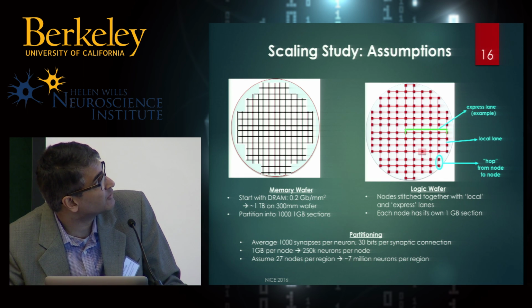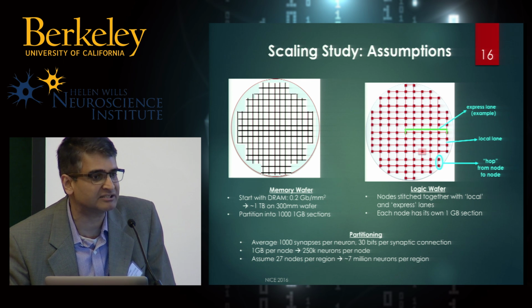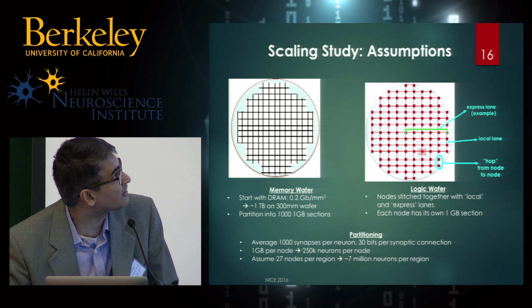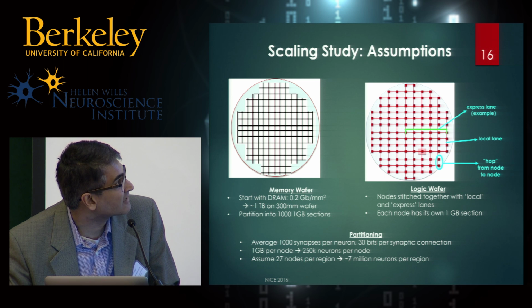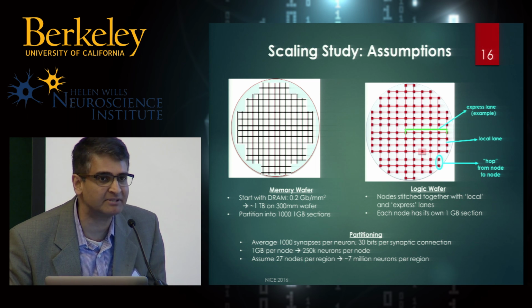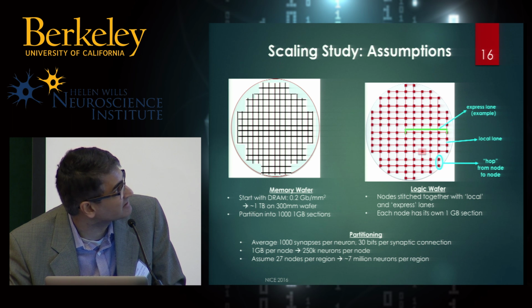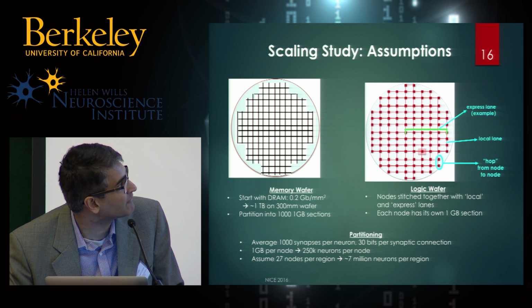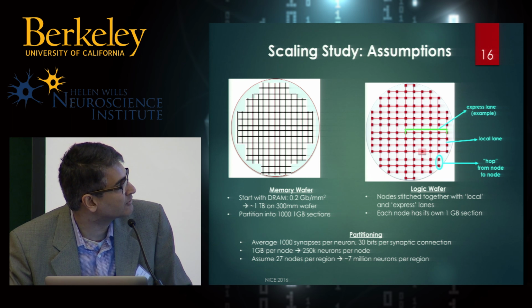So, some of the assumptions we used in the scaling study. For the memory wafer, I started with DRAM because it's a mature technology. This means that on a 300 millimeter wafer at current densities, I can get about a whole terabyte of memory. And if I partition this into 1,000 sections, I can get 1,000 one-gigabyte sections. I want to point out that this might be a little bit pessimistic because there are a lot of new emerging memories on the market, and these could potentially give us much greater densities on a wafer. But nonetheless, in the interest of taking a worst case with current technologies,